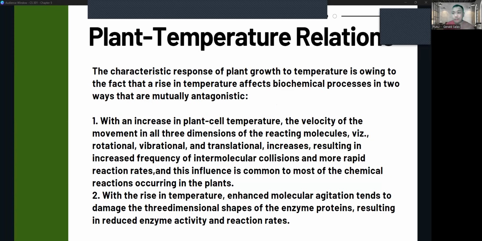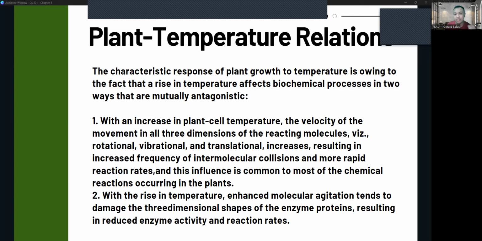Now, we have different plant growth hormones. So we have the abscisic acid, we have gibberellins. These are plant hormones that regulate the growth and development of the plants. Yung ating abscisic acid is more focused on the dormancy of the seeds, while yung ating gibberellins is more on para mag-upshoot yung ating mga seeds.